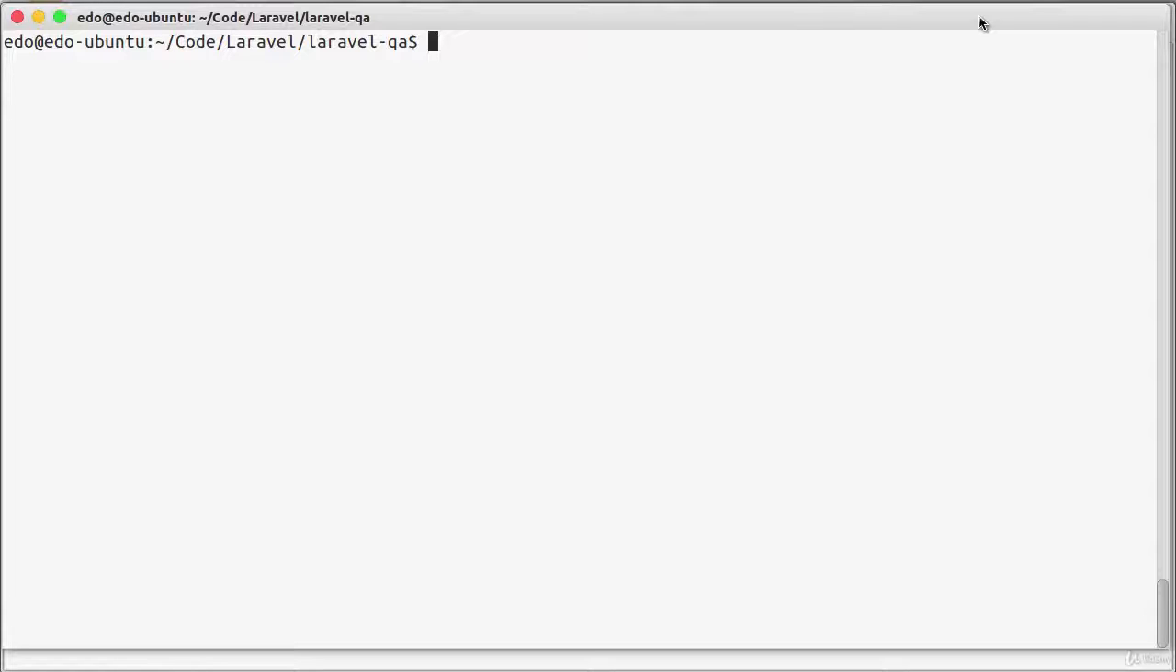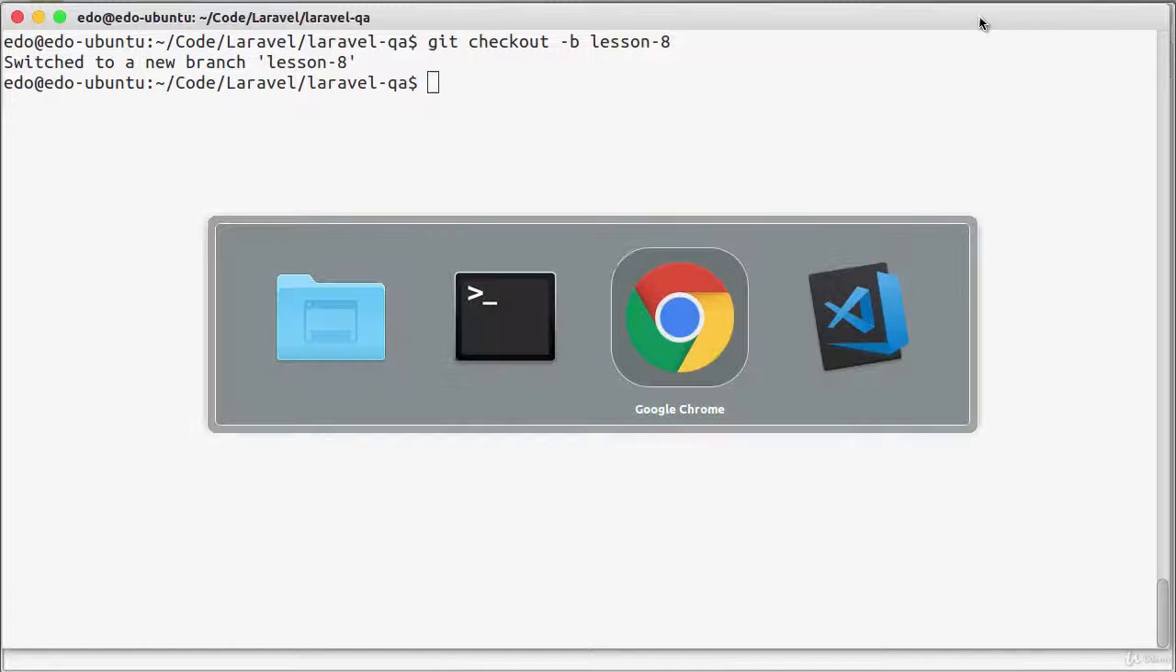And by now, I'm sure you're already familiar with these steps. So let's create new branch, git checkout -b, and then the branch name will be, that's right, lesson 8. Now let's head over to our editor,